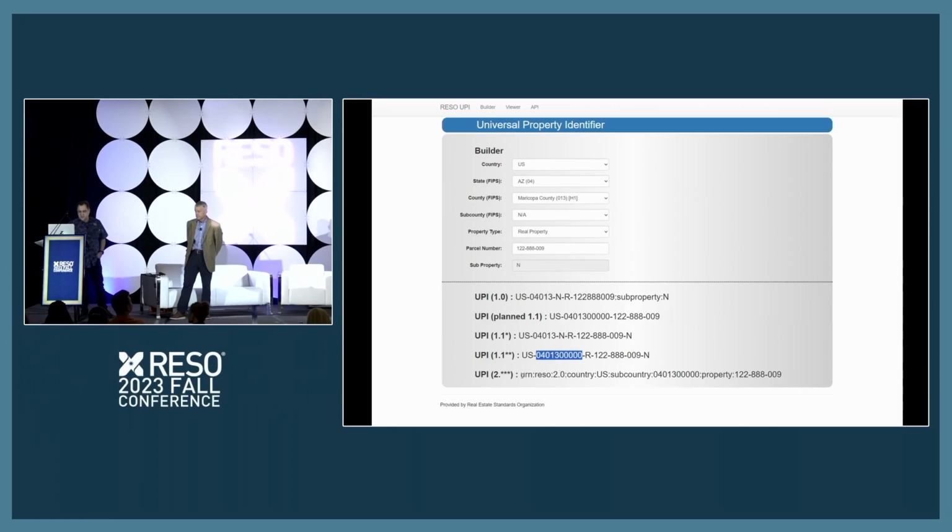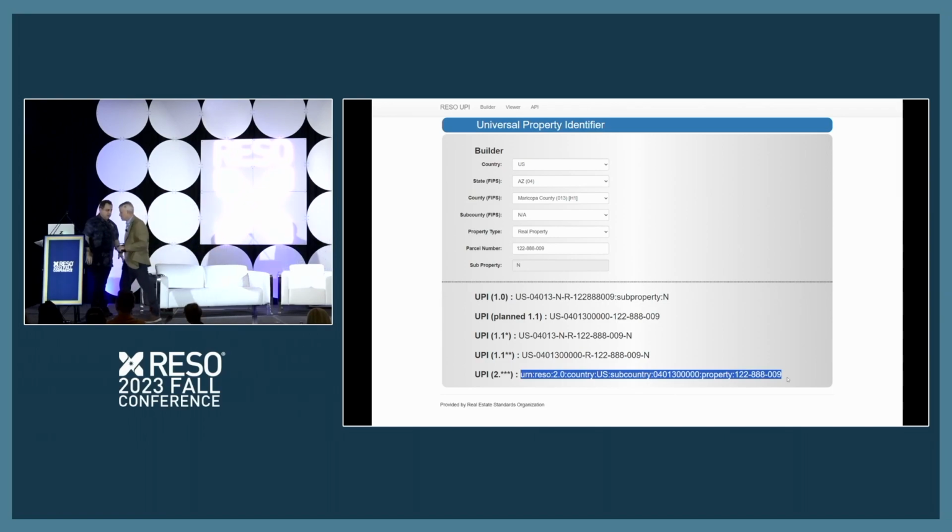And then this is what we've been talking about, the URN. That's what that might look like. This is up for grabs right now. These are the discussion points in the group to refine what these things are. So I'm going to let Matt play with the tool a little bit and show you his take on it.